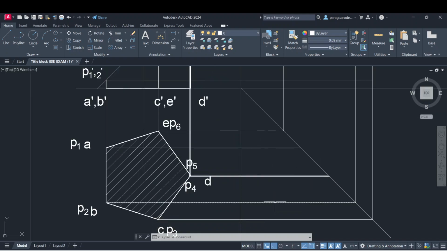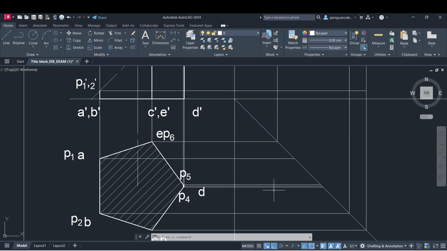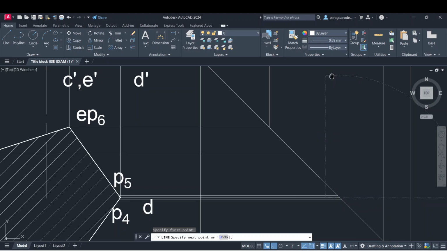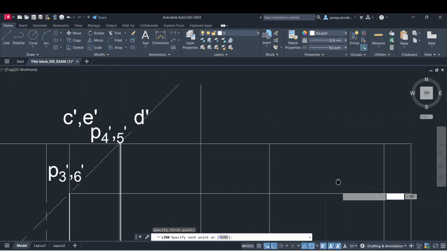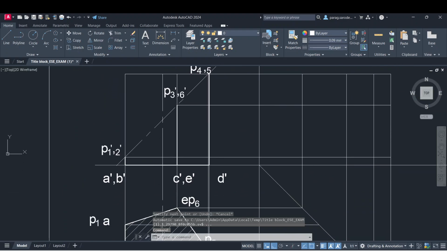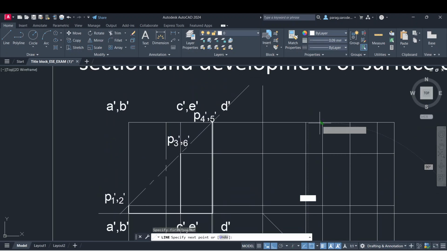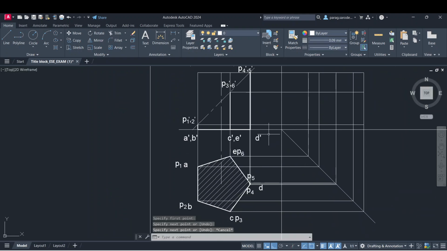A, B, E, and D is drawn. C is drawn. Now I will draw it from D, which is the mid line. Here, the axis and the D is overlapping. Okay. Now A is missing. So this is the edge passing from the A. Okay. Now